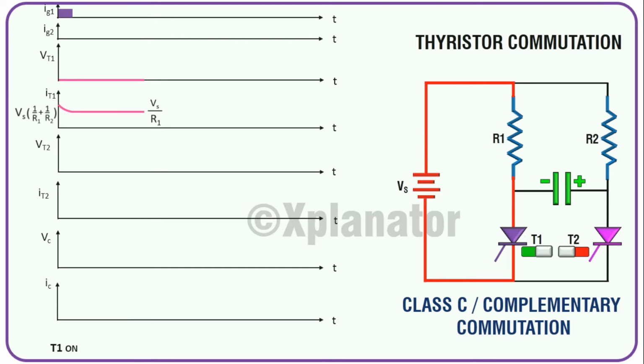As T2 is switched off, it is in parallel across the capacitor while T1 is working. So VT2 will have same characteristics as the capacitor voltage. That is, it charges non-linearly till Vs, and when that value is attained, it will settle onto it. Due to no current flowing through thyristor T2, IT2 equals 0. The voltage across the capacitor is going to be the same as VT2 since both of them are in parallel.